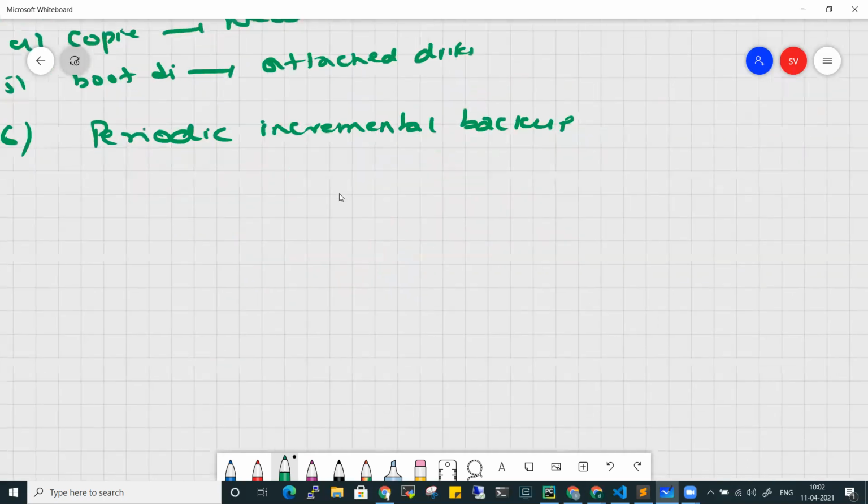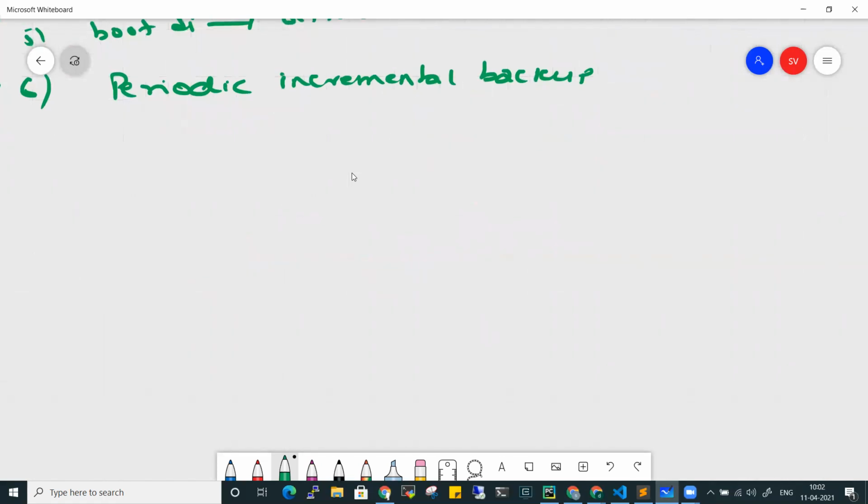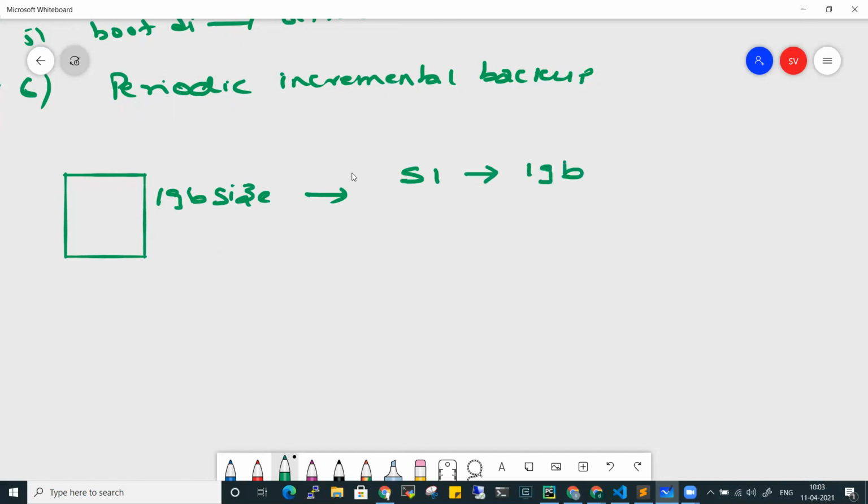Let's take an example again so that we understand very clearly. For example, you have an instance here, and you have some data already in this specific instance. Let's assume the data is around 1 GB in size, and you have taken a snapshot of it. Let's call it snapshot one, and the snapshot one size is around 1 GB. After 2 days or so, your logs increased, and the total size is now 2 GB. So when you take a snapshot again for this disk, let's assume the disk is disk one.